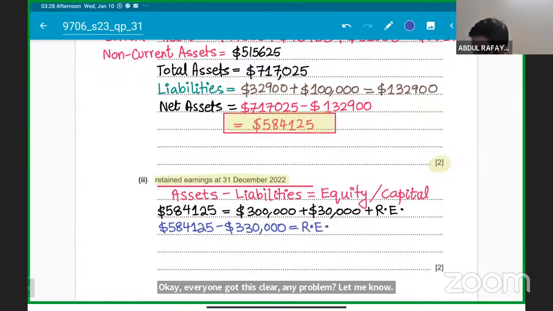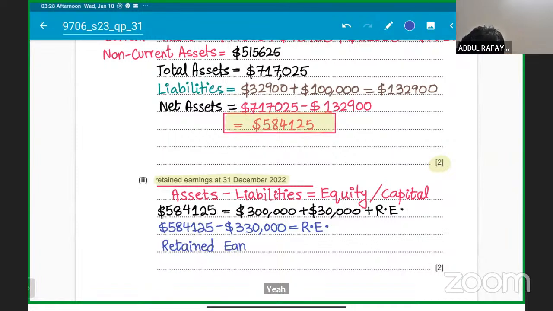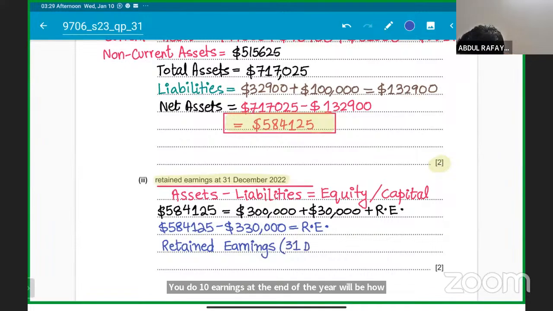Guys, got it? So it will be the retained earnings at the end of the year. Retained earnings at the end of the year will be how much? Retained earnings at 31st December 2022 will be equal to